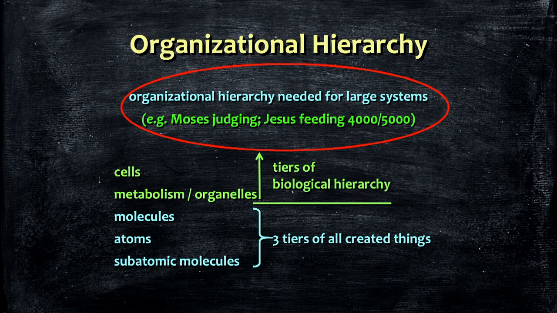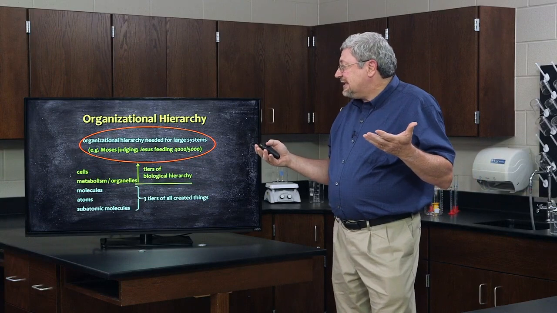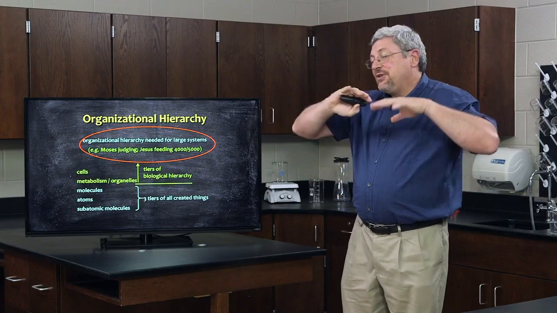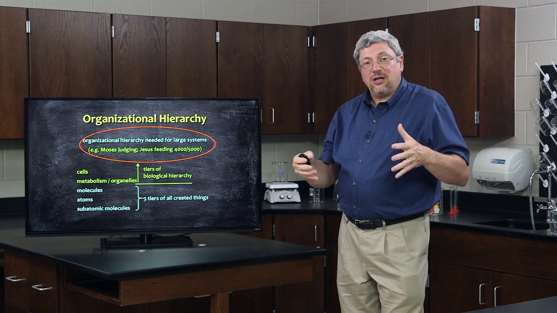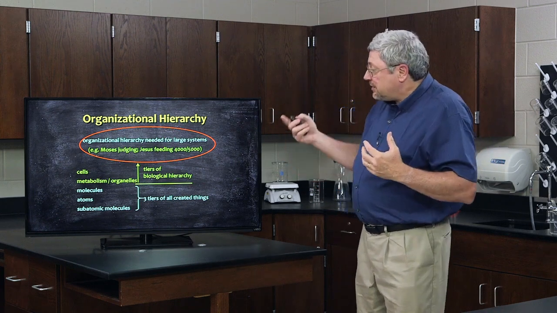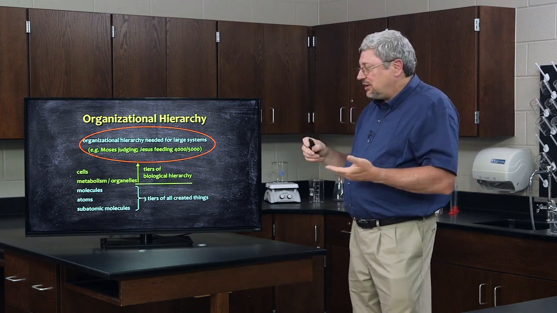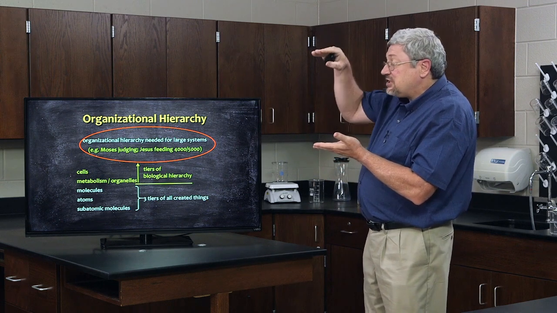If it's a very small cell, like a bacterial cell, then in fact it's only got metabolism and a cell structure, and there's no further organizational hierarchy. Because it's a small cell, it's only got, we'll say, 5 levels of organizational hierarchy: subatomic particles, atoms, molecules, metabolism,